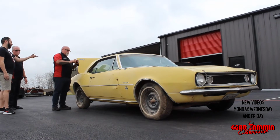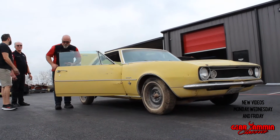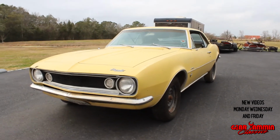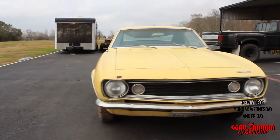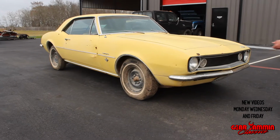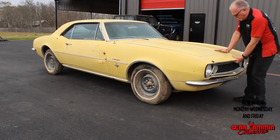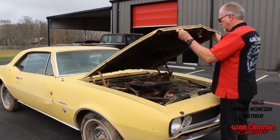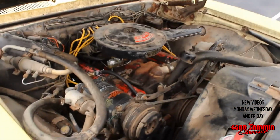For sure. And what are we doing to it? Is it a full restoration? Yeah, it really is. It's going to be a full restoration, but because of the customer's budget, it will have to be stretched out over several years. For sure. So we'll do it in stages for him. We're going to do a full inspection on it. And then we'll do work orders for a complete disassembly and bag and tag of the car, and then we'll assess any rust issues that have to be repaired, and then try to put everything in a priority list. Okay, what needs to be done first, and then next, and next, and next,